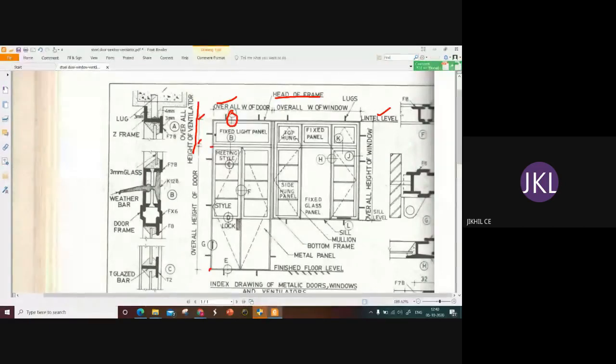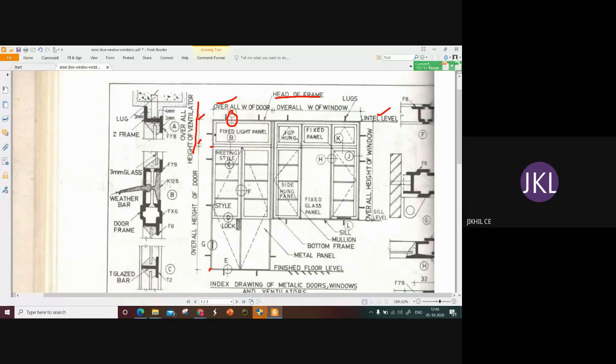Please note that always the concrete is represented in this shade, that means with some small triangle which is darkened and with some small dots. This type of marking indicates that the material is concrete. So we know lintels are reinforced concrete beams. The lintel is on the top location, and we have the connection details towards the head frame.